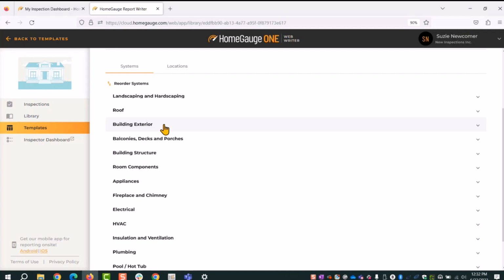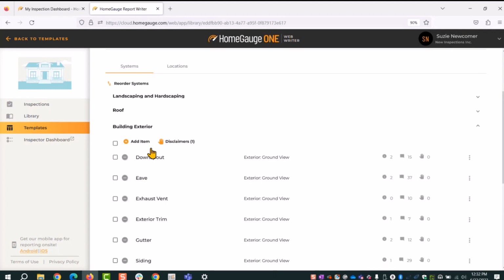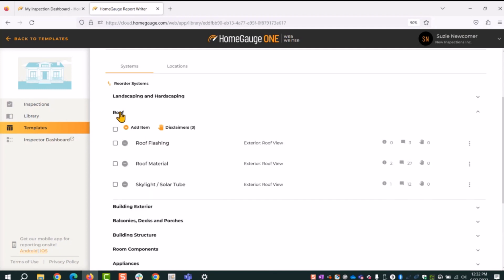Customizing this a little further here. So let's say that you're in the roof system, and maybe you're somebody who likes to have roof drainage systems right there. You're on top of a ladder and you're used to it like that. You don't see it here. Typically in this default template, I believe roof drainage systems might be located in the building exterior, right here by downspouts and gutters. But maybe you really like it in roof, and that's great. So you can